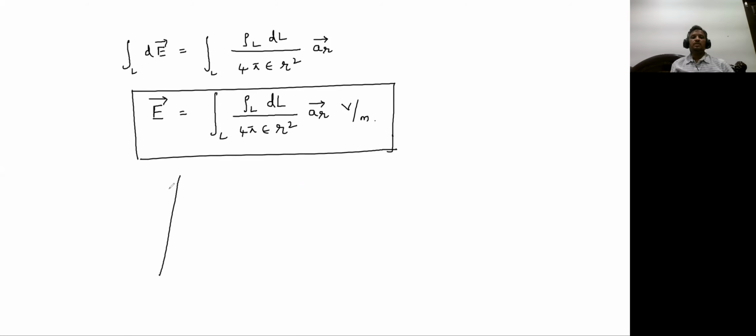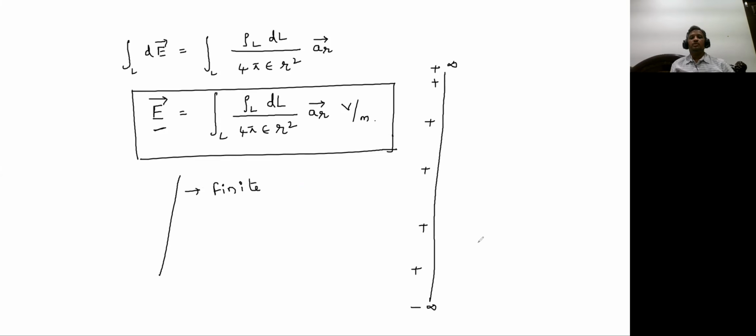But that line is a finite line here. So you can extend this expression for infinite line charge distribution, that we are going to see. If this length goes up to plus infinity and this goes up to minus infinity, and if you distribute positive charge on it, at some point you can get the electric field intensity, and that is a very important derivation as far as electrostatics is concerned.